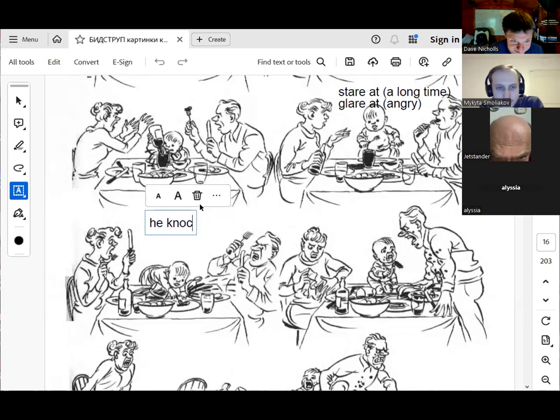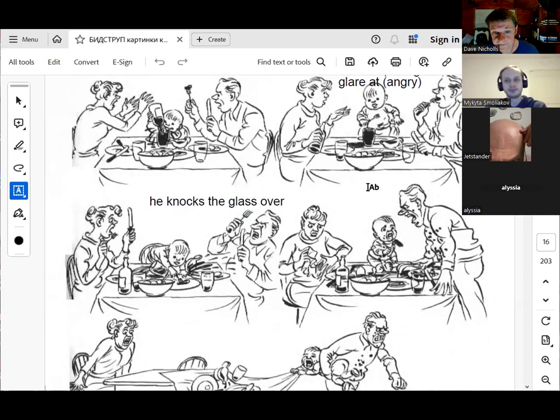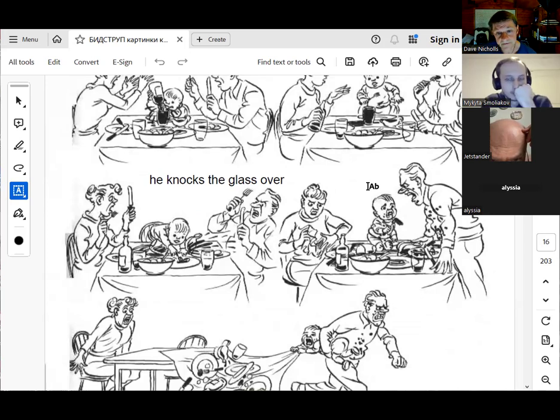Knock over. Yes. Excellent. He knocks the glass over. Excellent. And then mom and dad are angry because the glass is knocked over. Yeah. And then on the next picture,